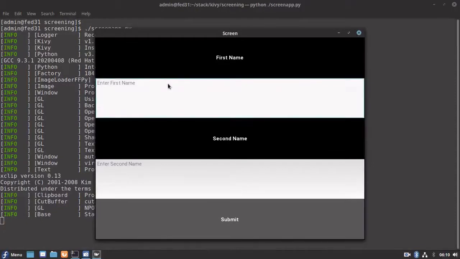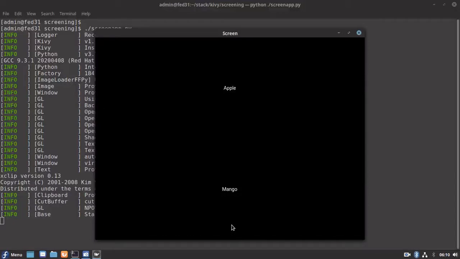Okay, so here let's try to enter something. Let's name some fruits, like apple, and for our second name, mango. You can see in our second screen we are able to see apple and mango, whatever we have input in our first screen.